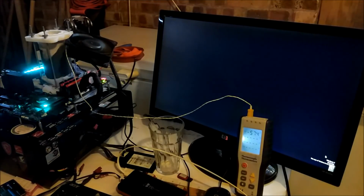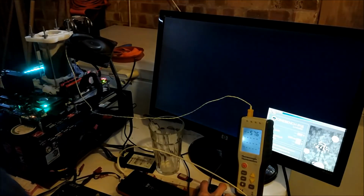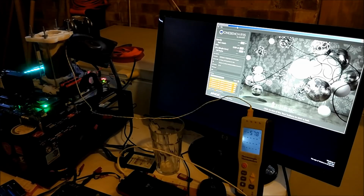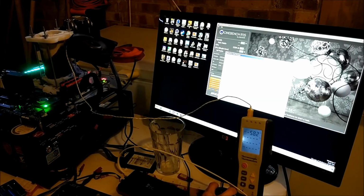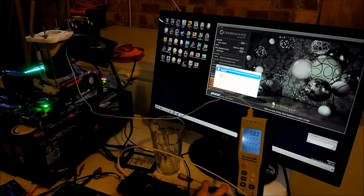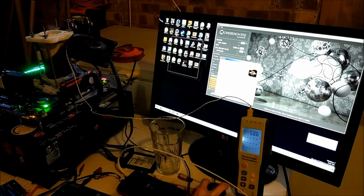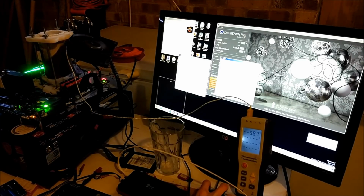I think the dice with the pot and everything is only capable of getting down to minus 61 at idle, and it looks like it's crashed actually because it's no longer going down in temperature or it's finished. One of the two. Okay, so we've got 2259. It's a decent improvement. We had 2251 last time. The pot seems to reach equilibrium with the CPU at the current voltage it's at, minus 61.8 on the thermometer. So once it's at minus 61.8, even if I leave it for like 5 minutes, it doesn't actually go any lower. So that's pretty annoying. So when I'm turning the PC off and booting in at minus 66, that's actually the coldest it ever gets. So we're going to try